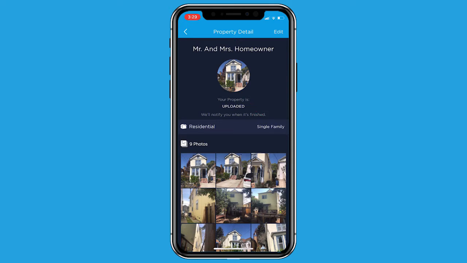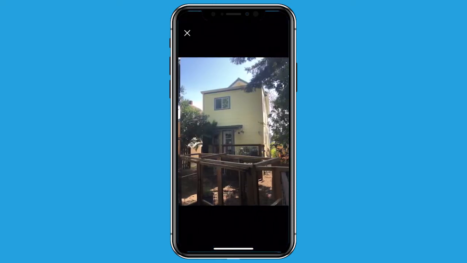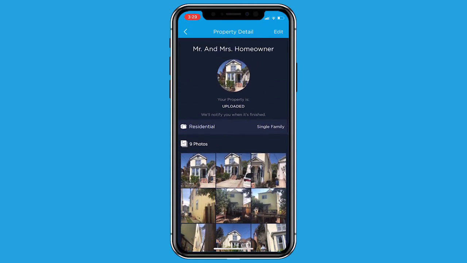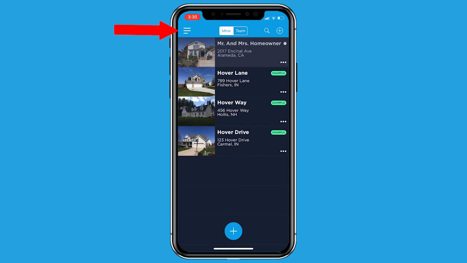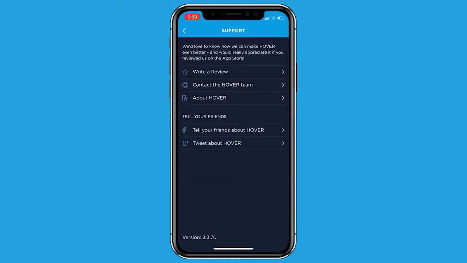You can also scroll down and browse through the photos that you took just to double check everything and see if there's any additional photos that you think you might want to add. If there's still any doubt, you can reach out to our support team right in the app by going to the menu on the top left-hand corner of your properties page, clicking on the support tab, and then clicking contact